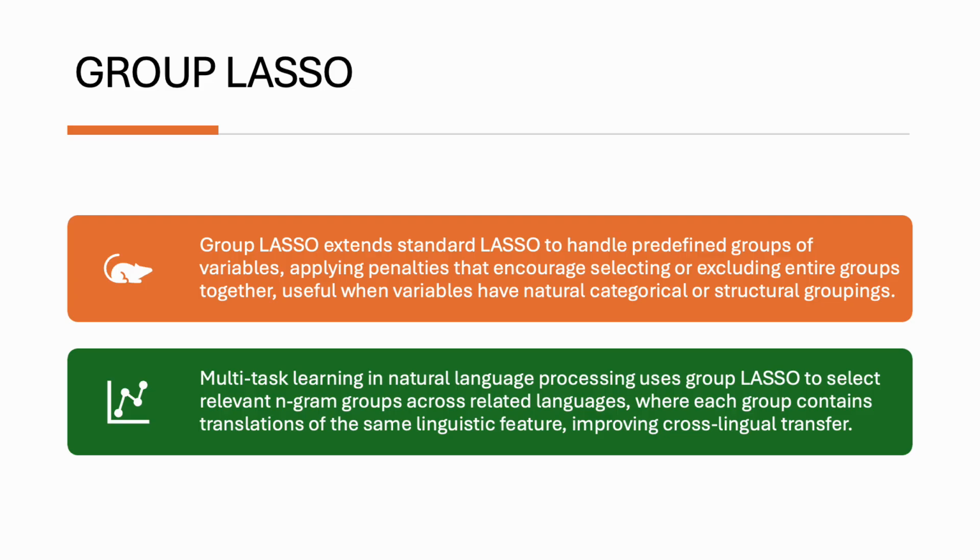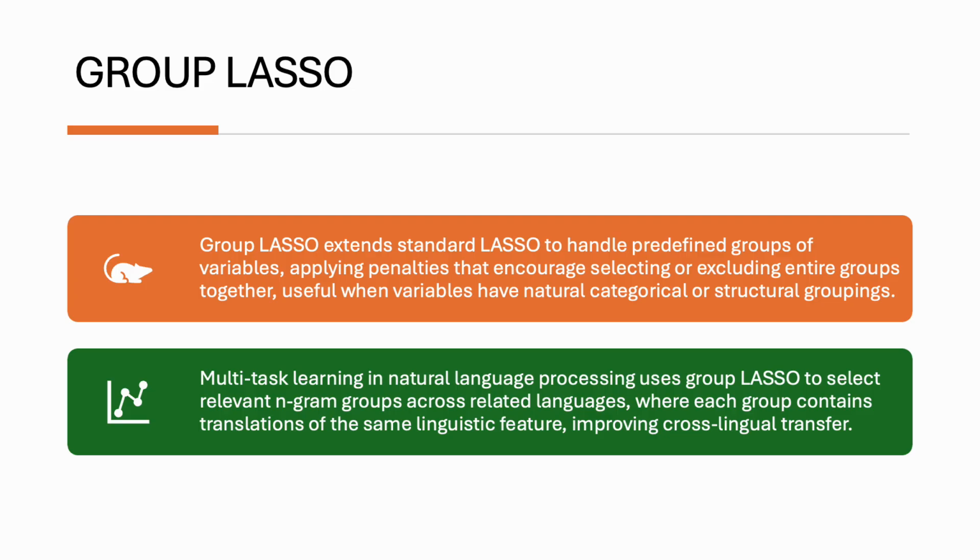You start with thousands of words: slang families, punctuation patterns, emoji groups, formal language families, and casual speech families. Group Lasso helps you figure out which entire families matter for detecting spam. Maybe it discovers that excessive punctuation groups and urgency word families, like "now," "hurry," "limited time," are super important for spam, while formal academic word families don't help at all.